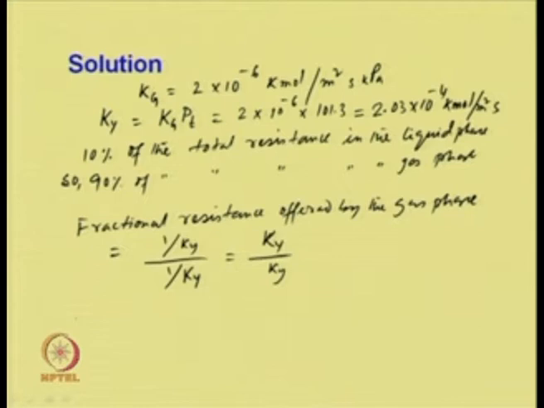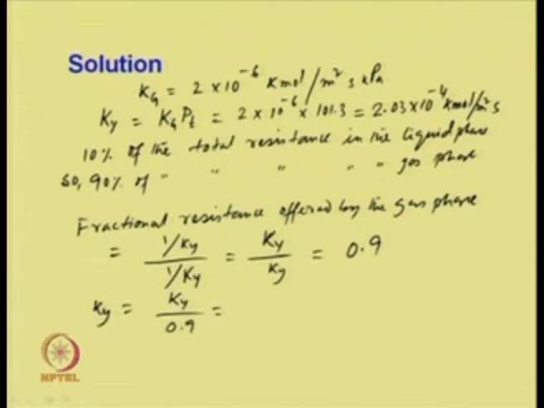This is given as 0.9, 90%. So, small k y